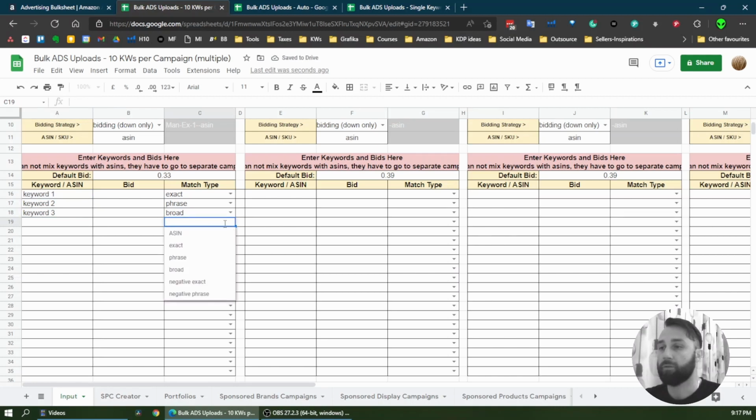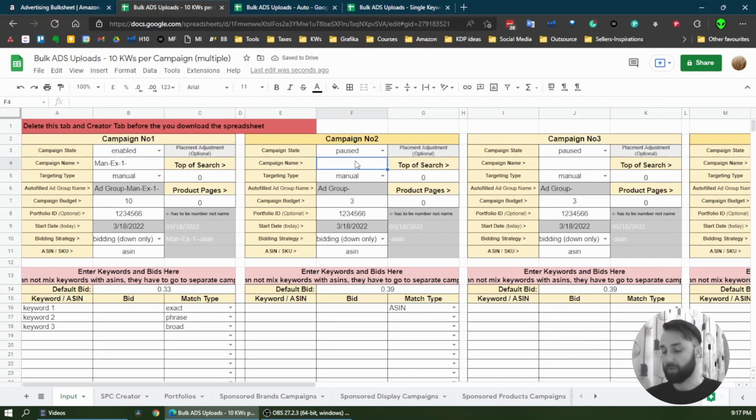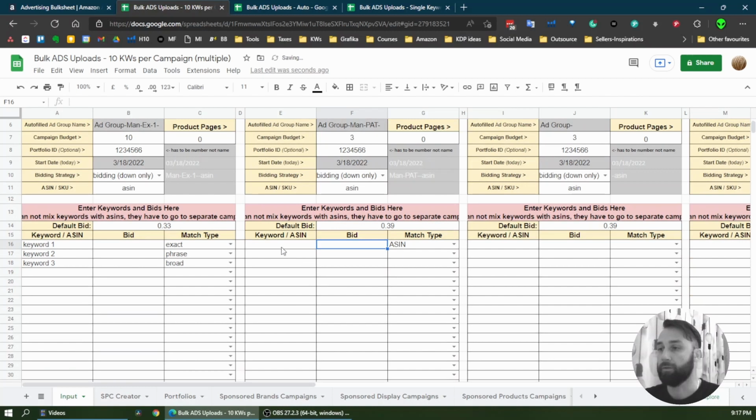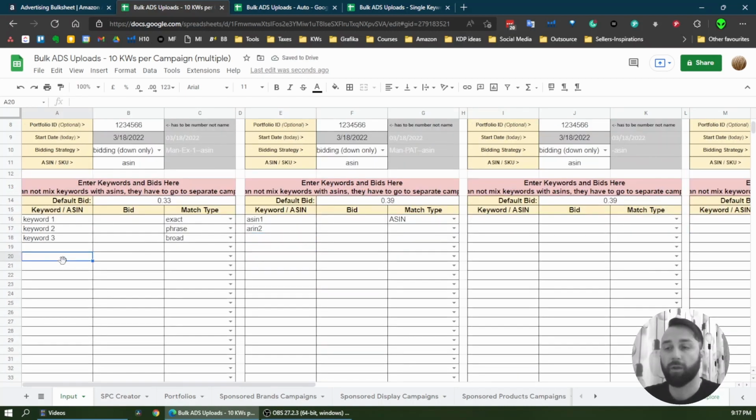You can also target other products, but you cannot mix products and keywords. So this is a no. I would have to create a separate campaign just for the product. So I would call this PAT, which means product attribution targeting. That's how I name it. And let's say some competitor, ASIN 1, ASIN 2, and here you can